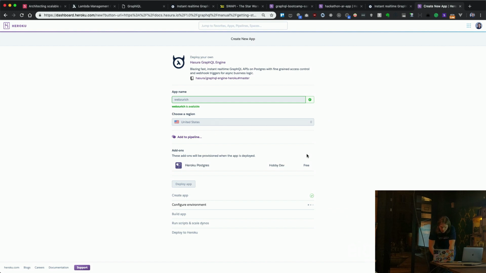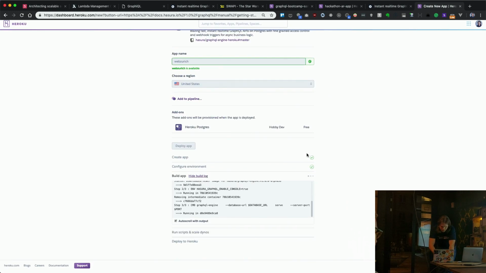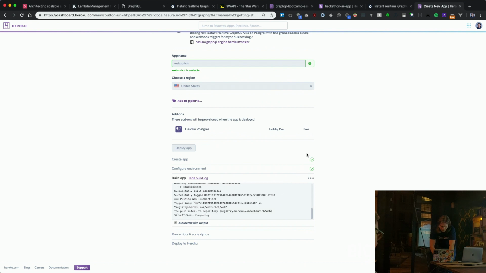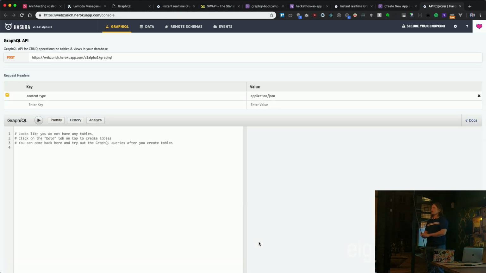It will take, I think, less than a minute to deploy everything. And that's it. It's ready. What happened? I created a Postgres add-on on Heroku, and I added in an engine.